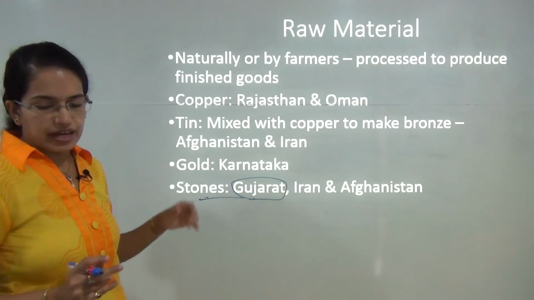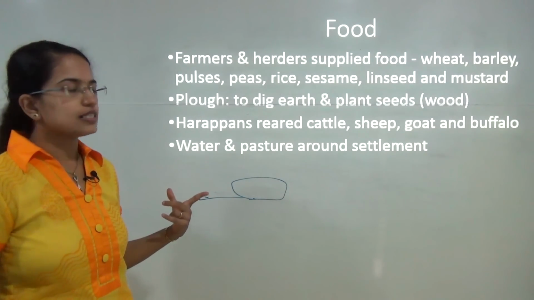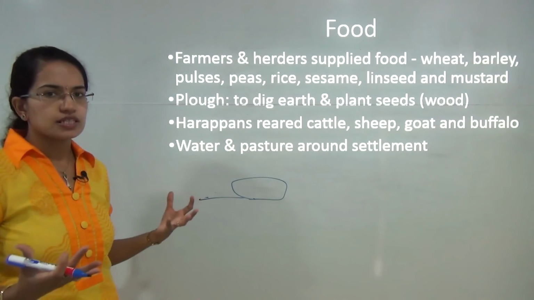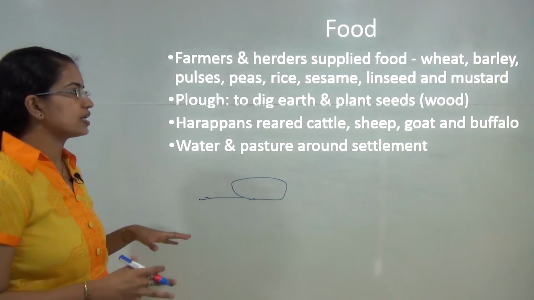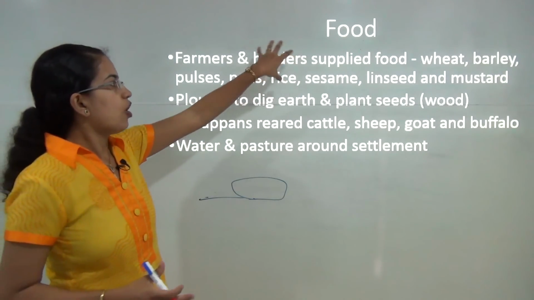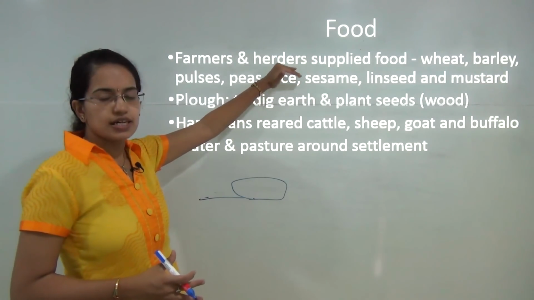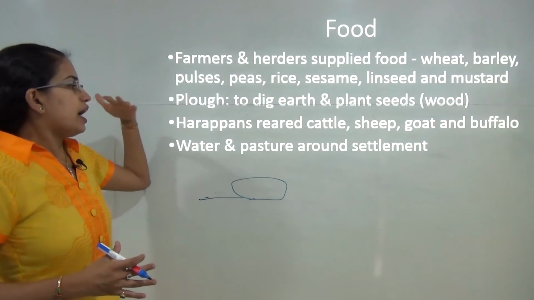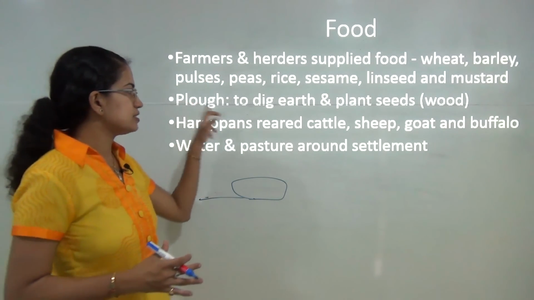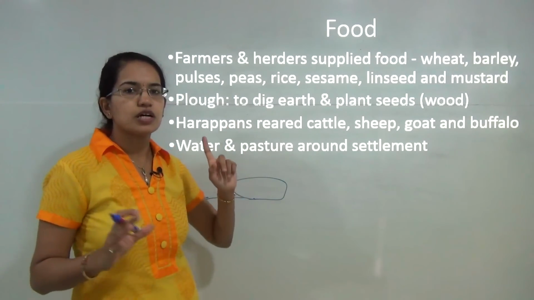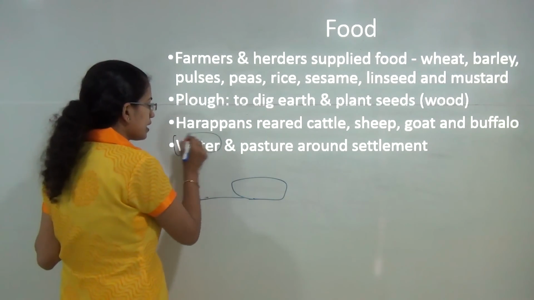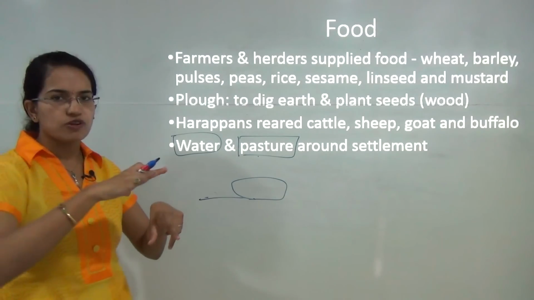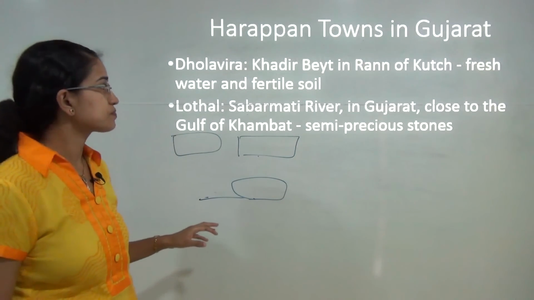And finally, there was a kind of settled agriculture that was seen, where farmers were growing wheat, barley and other crops for subsistence. So they were using the crops that they were growing there. And again, there were groups of workers who used to work as herders. So they were rearing cattle, sheep and other animals. Again, most of the settlements of the Harappa civilization at that time were around areas of water supply or around the pastures. So these were the two basic centers around which most of the houses and the settlements were built.